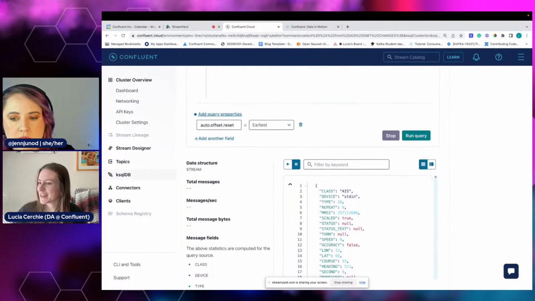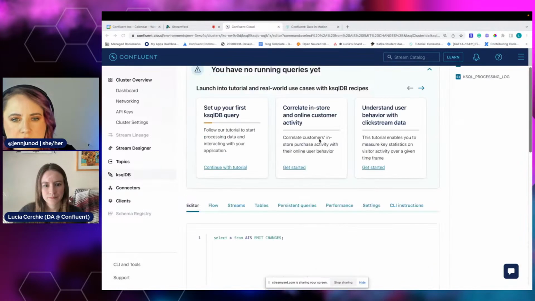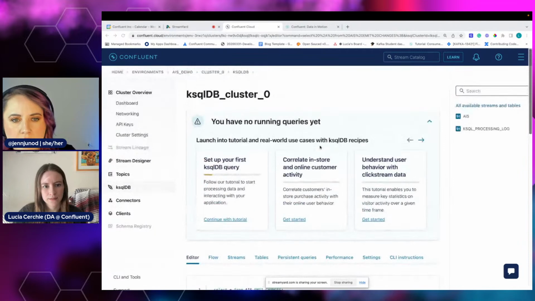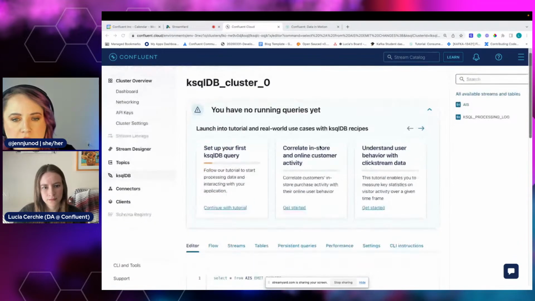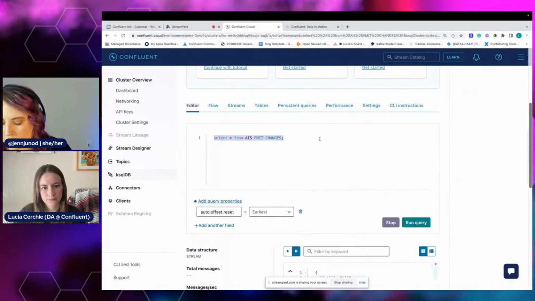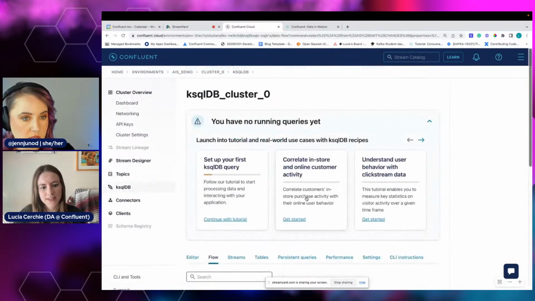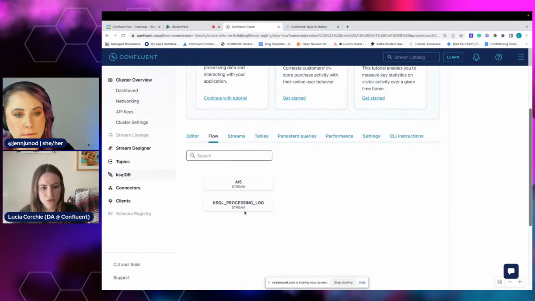Now I'm going to stop in case we have questions, and then we can continue to the next query. Can you go up a little bit on your screen? So we have the editor, which is where we told it the source is JSON and what we wanted to pull. Flow is kind of a visualization of the streams.